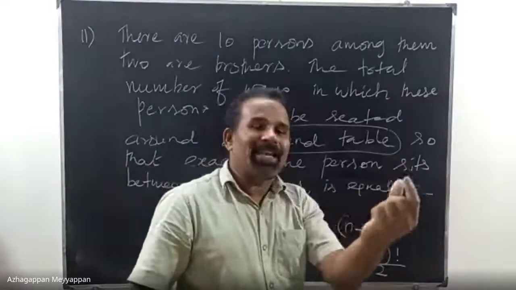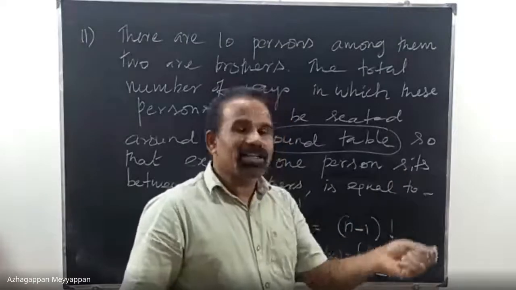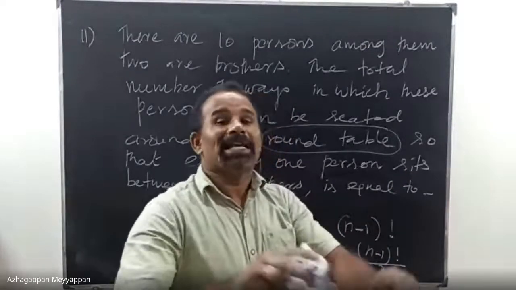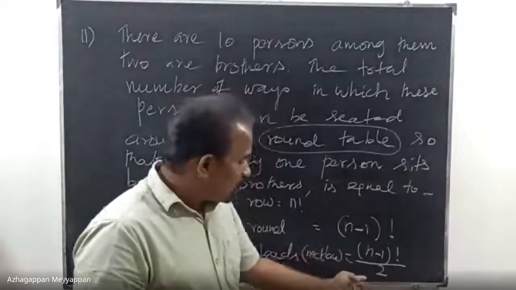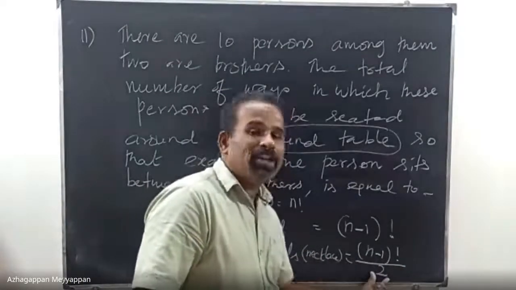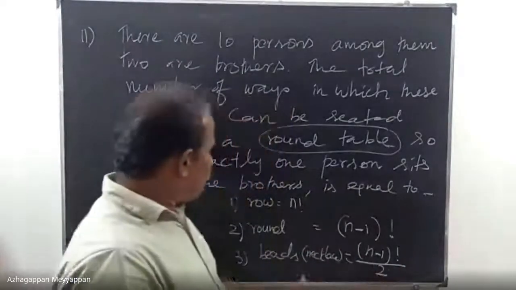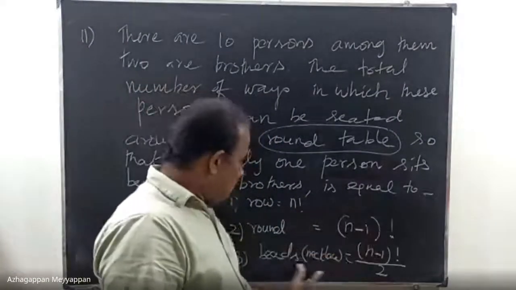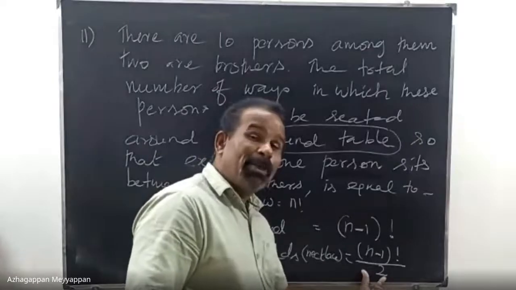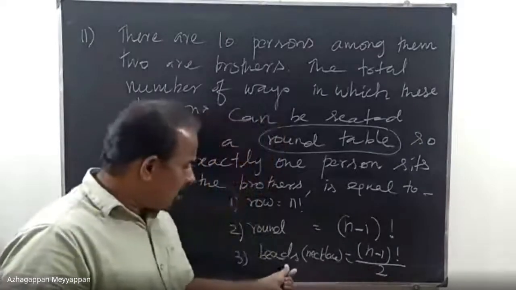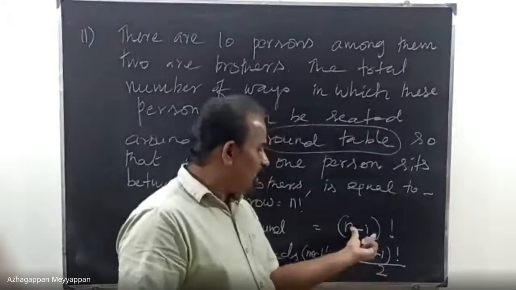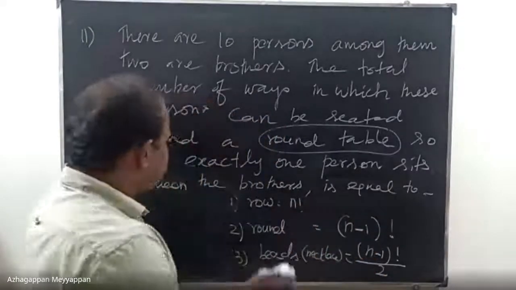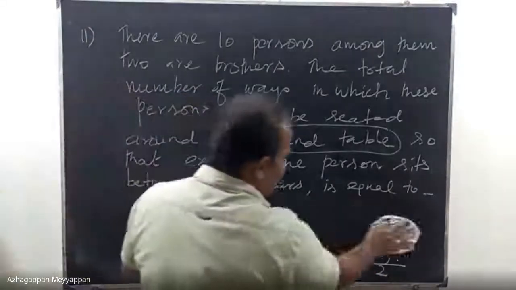For the same necklace, if you turn it upside down, you will be getting another arrangement, but it is the same necklace. So therefore, here clockwise and anti-clockwise are the same. That's why there are two possibilities, and actually we have to divide by 2. So this is n factorial, this is n minus 1 factorial, this is n minus 1 factorial divided by 2. For necklace and beads, you have to use this formula. Round table, this formula. Row, this formula. This is the concept, not just formula.